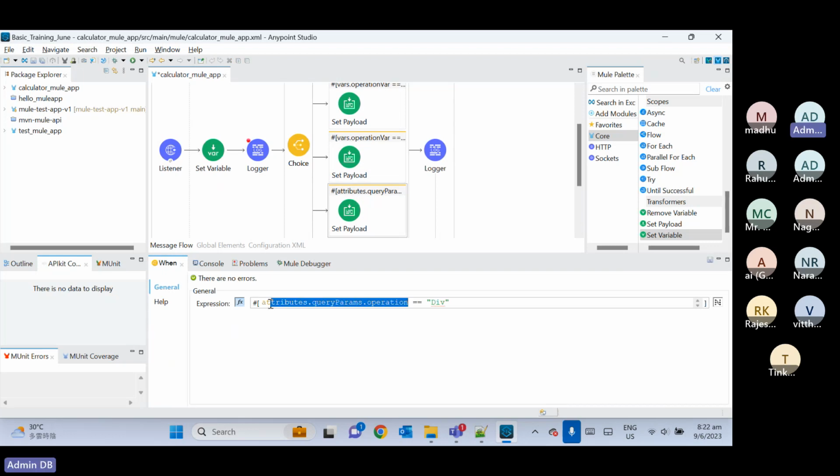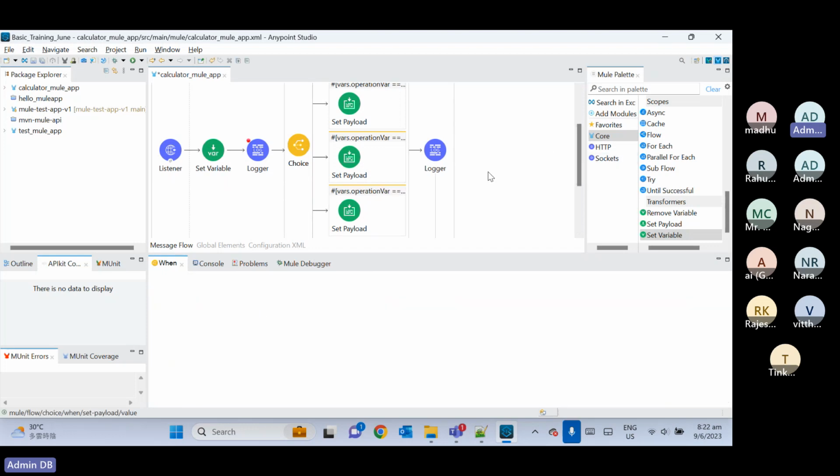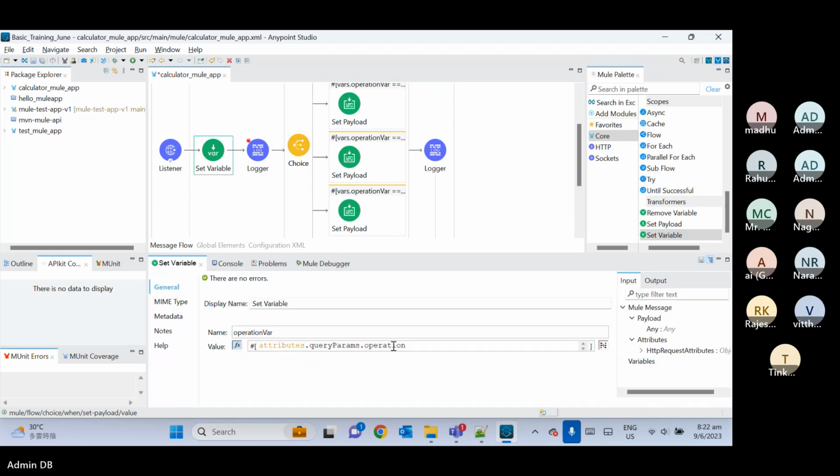Okay, there will be multiple advantages of variables. Slowly you will get the idea. This is one advantage: instead of writing that big piece of code everywhere, we can create one variable and use a small piece of code. Now let's say this operation, instead of name, comes as something like